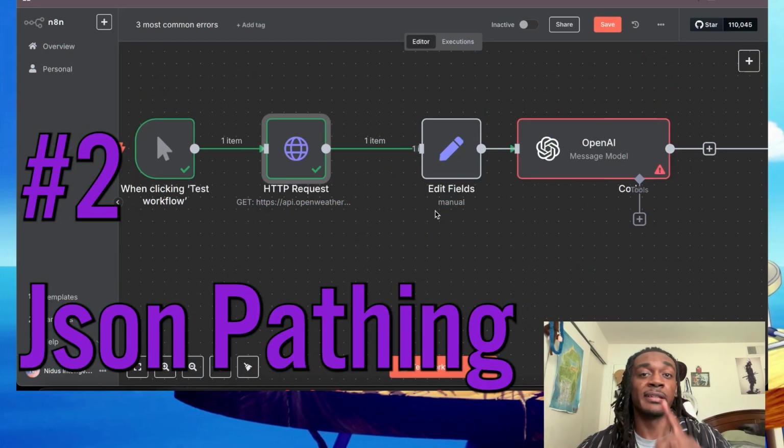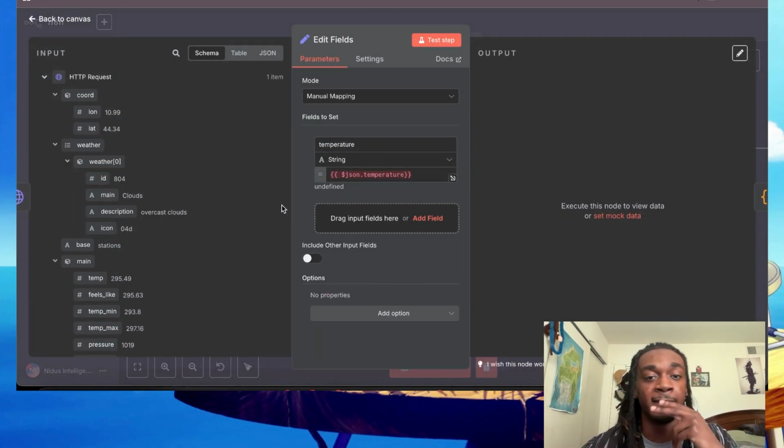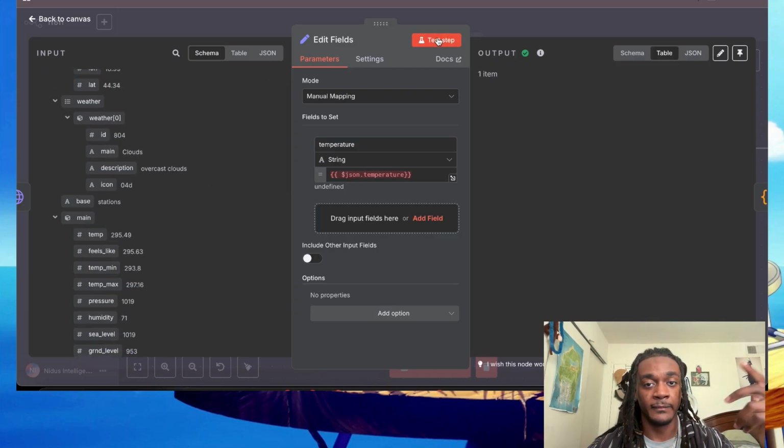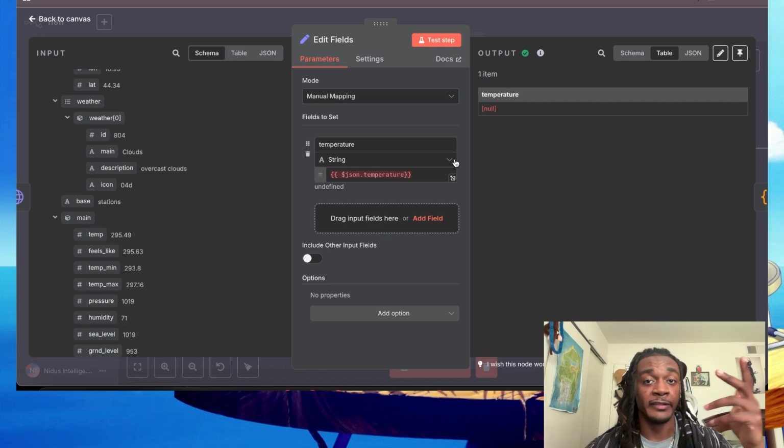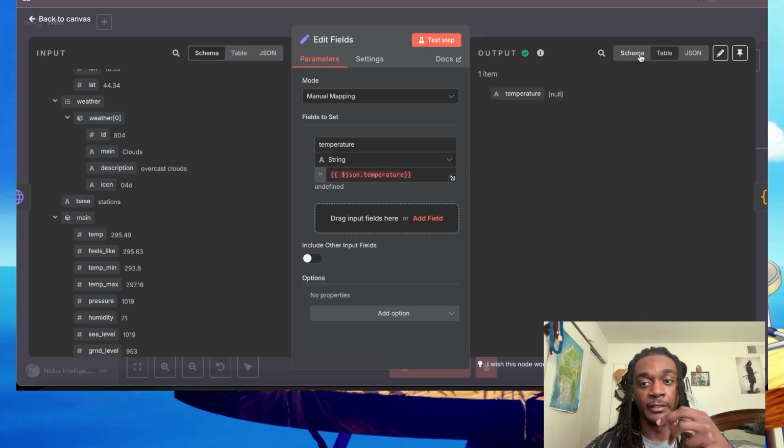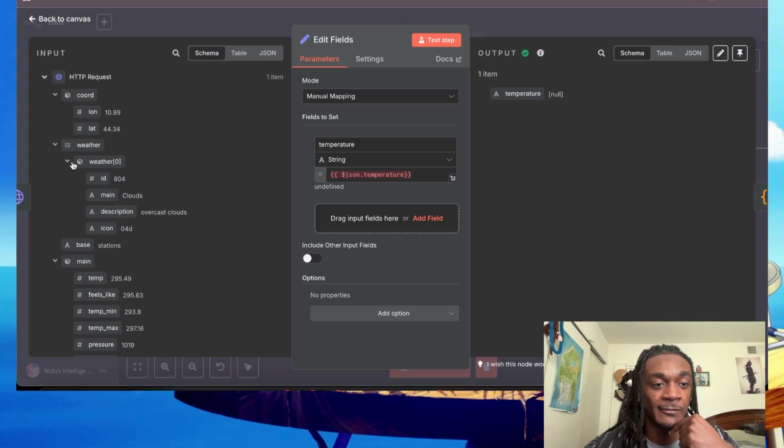Now, number 2, JSON pathing. This pretty much means, for example, if we wanted to take the temperature from Open Weather Map, the HTTP request we just made, let's see, we want to take the temperature, we hit test step, and it nulls out. Basically what happens here is the field that you're trying to match or connect from the previous node isn't correct. Now here I have JSON.temperature, but that's not the actual field name that's being given or outputted from the